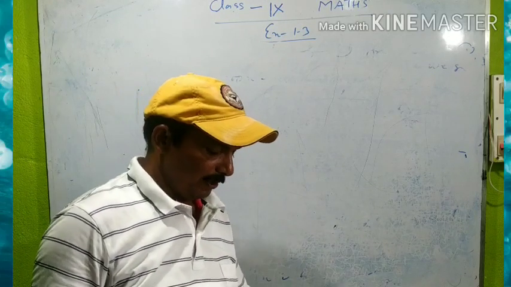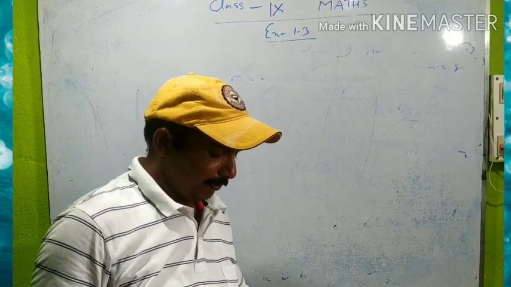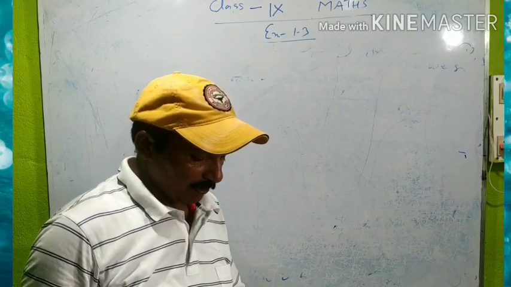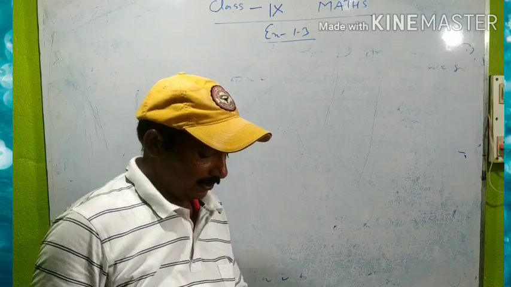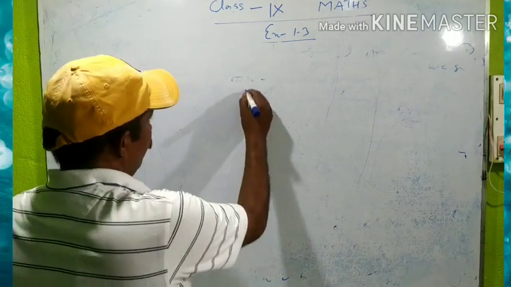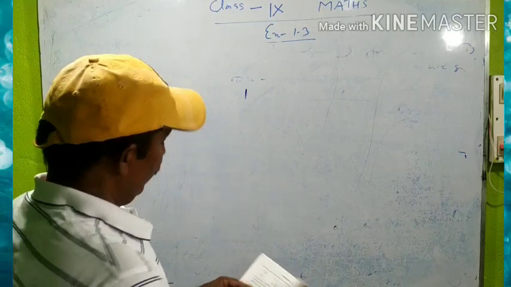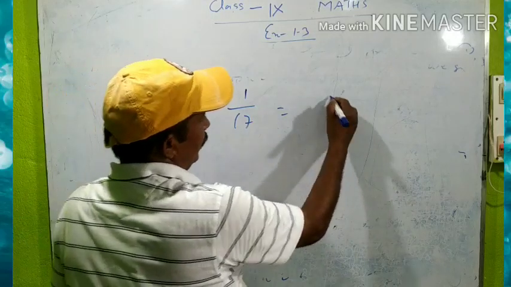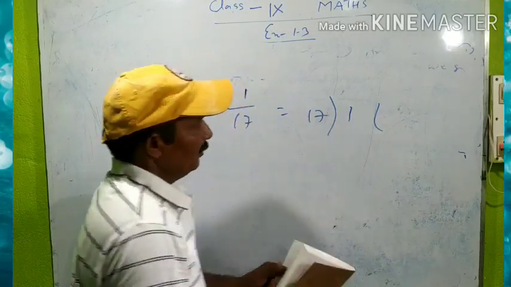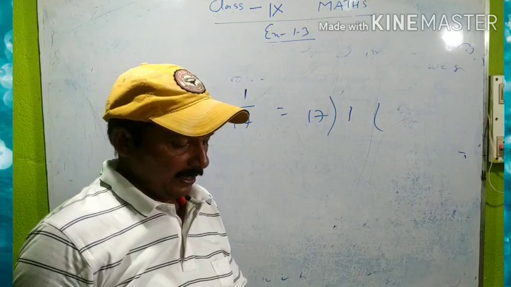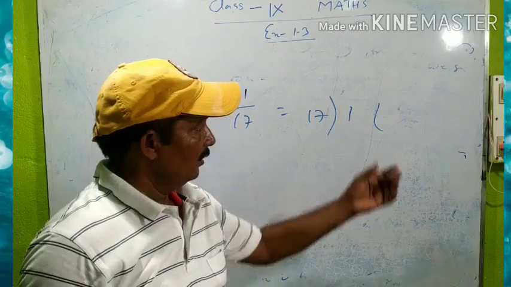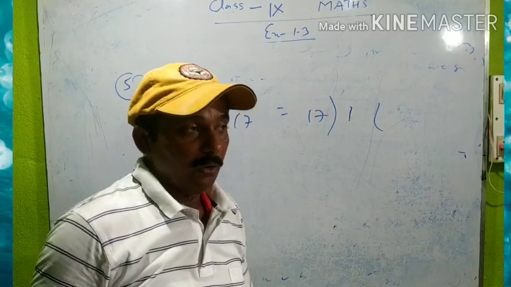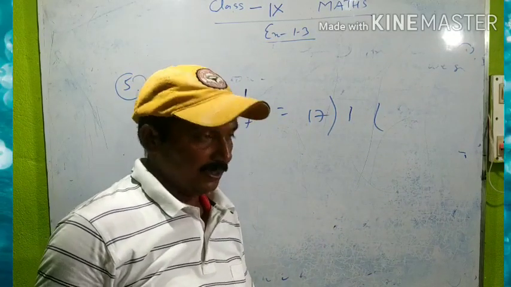Now question number 5. What can be the maximum number of digits in the repeating block of digits in the decimal expansion of 1 by 17? Means the question is 1 divided by 17. You will divide 1 by 17, and after division, whatever quotient comes here, you will count the number of digits that are repeated.